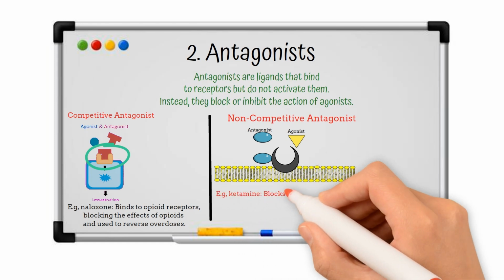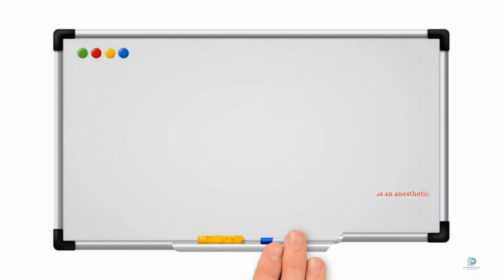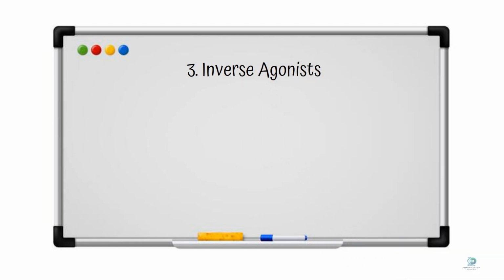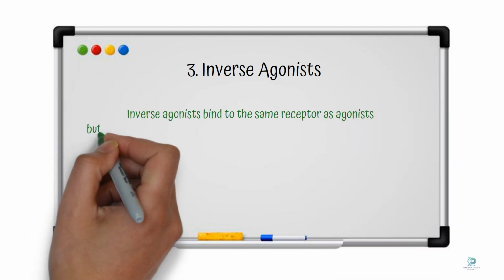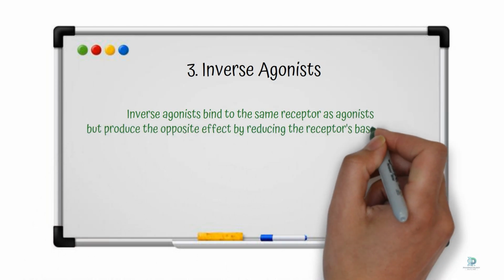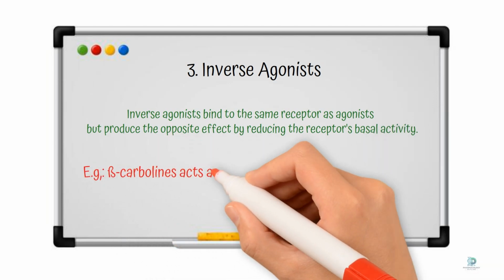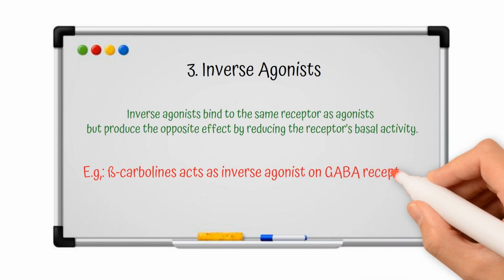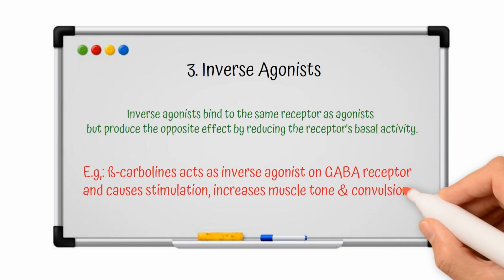For example, ketamine blocks NMDA receptors. It is used as an anesthetic. 3. Inverse agonists. Inverse agonists bind to the same receptor as agonists, but produce the opposite effect by reducing the receptor's basal activity. For example, beta-carboline acts as inverse agonist on GABA receptor and causes stimulation, increases muscle tone and